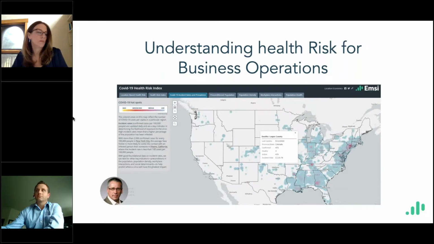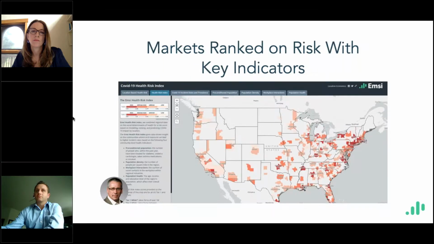We hear in the media as well, this state is X, this state is Y, this one's doing better than that. We need to close everything in the state. Well, is that really necessary? When we look at Texas, we know exactly where the key issues are going on, and I'll show that in just a few seconds here.